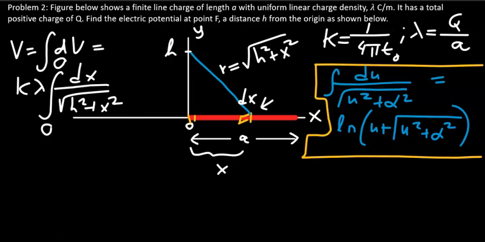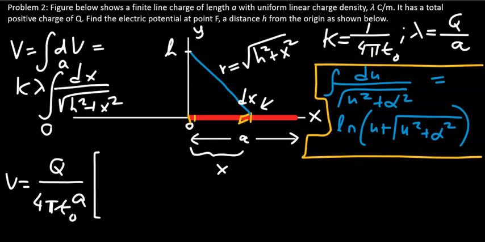So back to the integral for our line charge system. Here, h is like your alpha and x is like your u. Noting the lower limit and upper limit, we can do the integration readily, and that's going to give you the following. So k is 1 over 4 pi epsilon naught, lambda is q over a, and let's put in the result for integration,